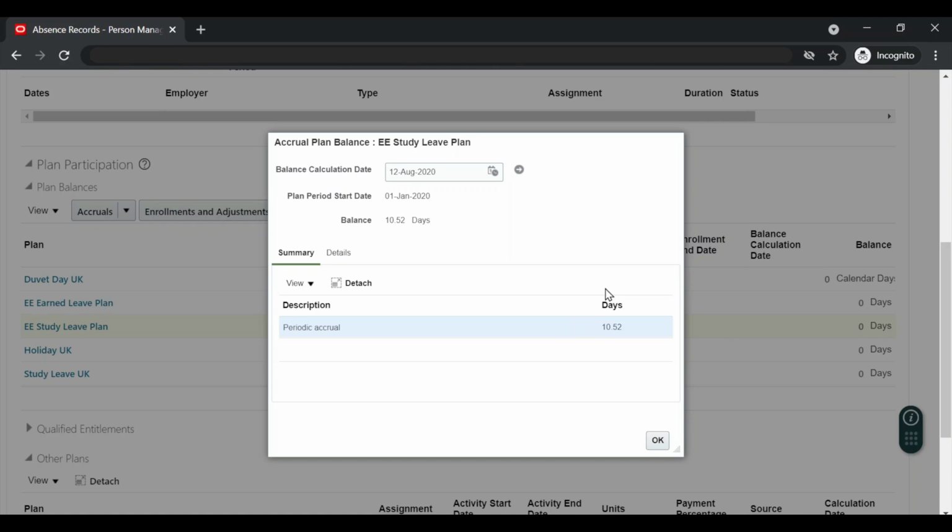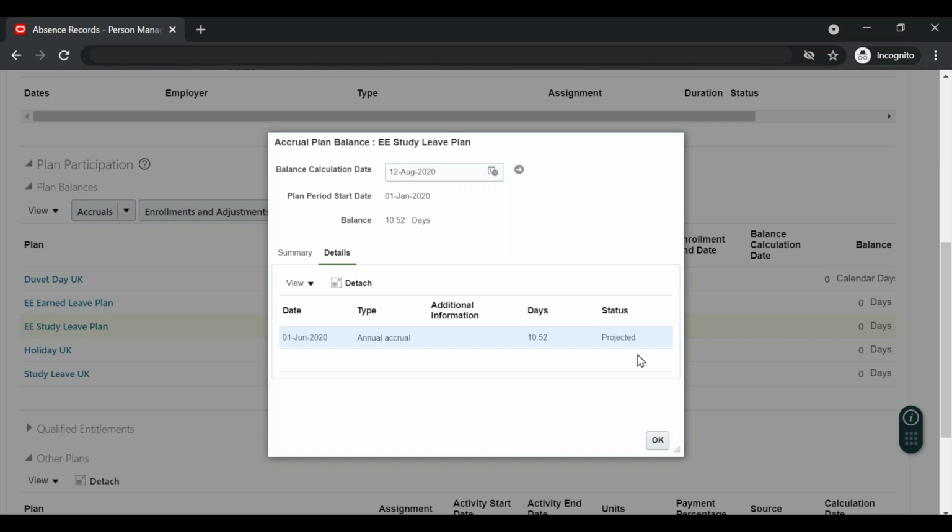If you see here, the accrual rate has been prorated from 1st of June until 31st of December 2020 as per our first test case. If I click on details, we will see when this accrual is credited. It is credited as of 1st June 2020 and the status shows projected